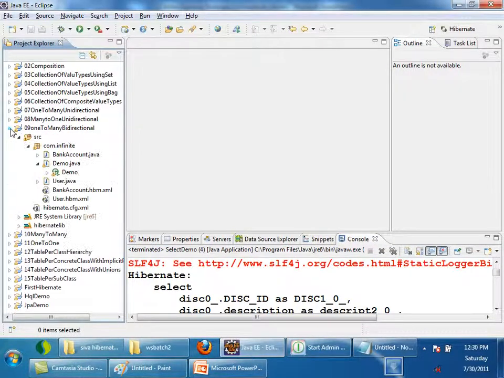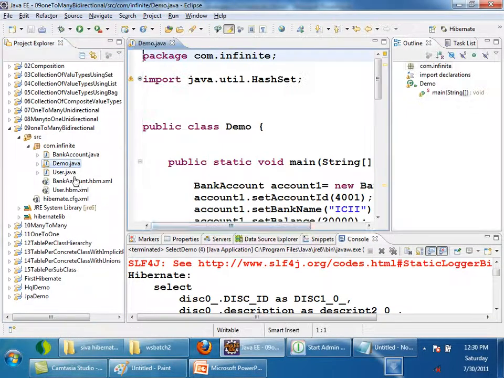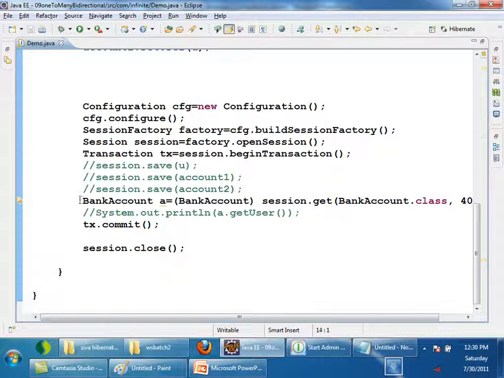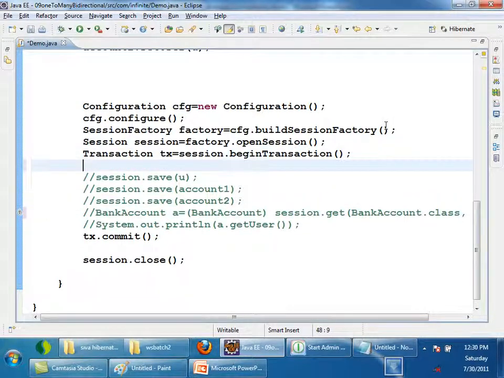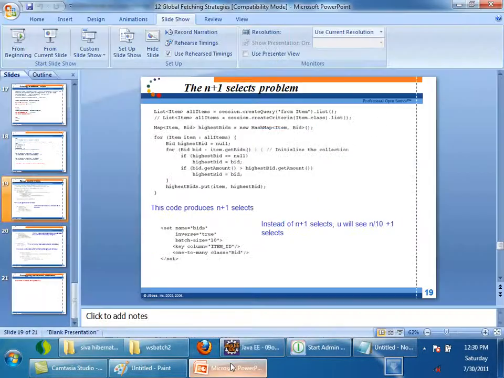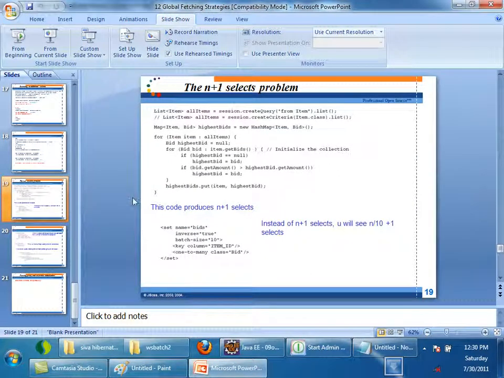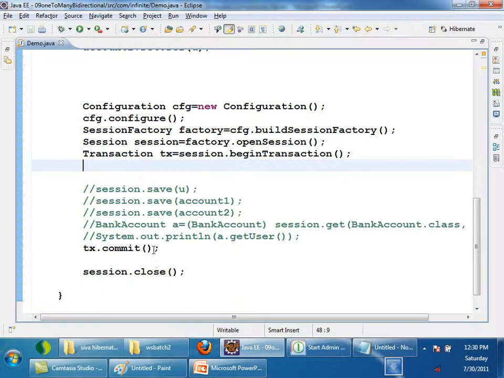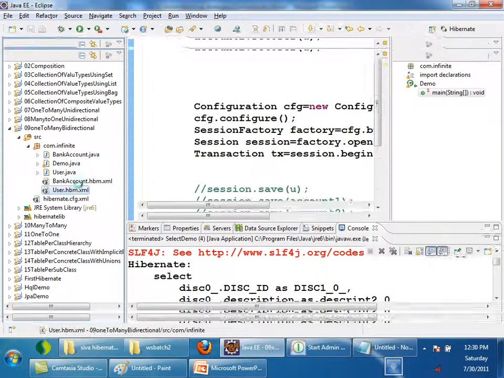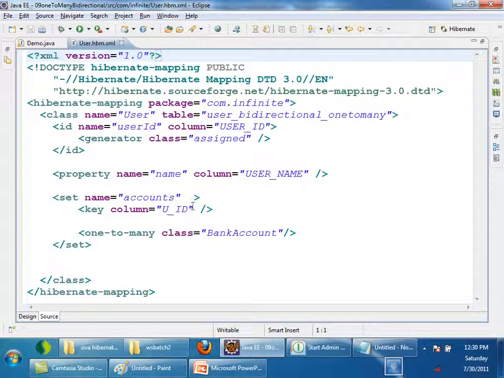One-to-many bidirectional I am using. Yeah, for the set I will configure fetch is equal to subselect. One user is having a set of accounts.